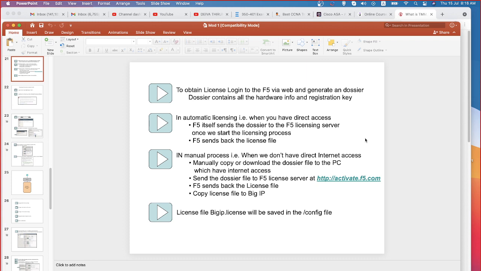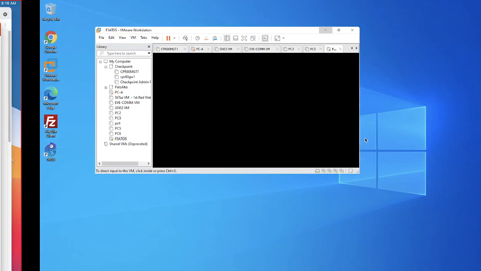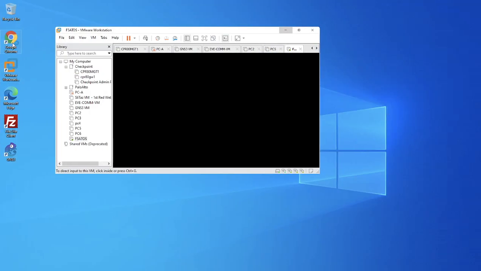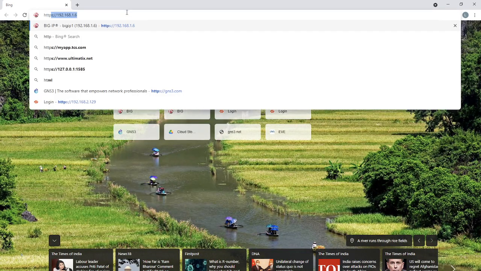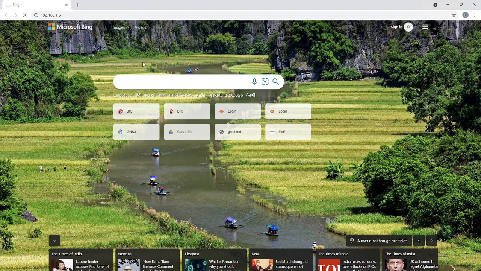After that, we were in a position to see our configuration options. I'll show you that also. I just started what we have done yesterday. So it is https://192.168.1.6. That's the IP address.